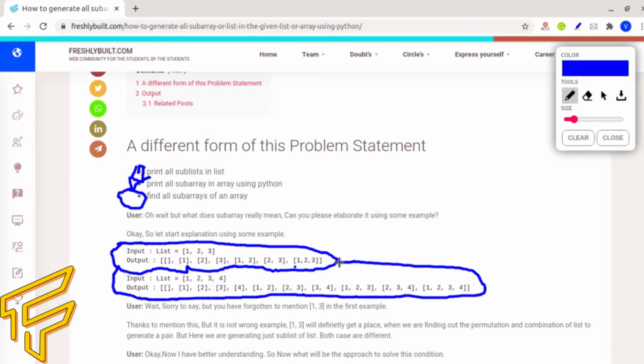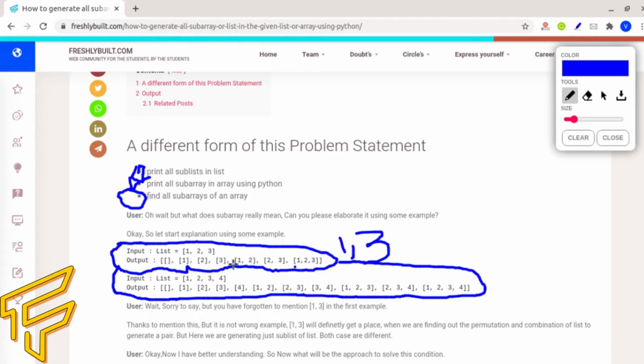Now the question can arise in the user's mind: why are 1 and 3 not considered, or why is 1 and 3 not in the output section? I would say that not every combination is a sublist, because a sublist is a combination of consecutive elements.